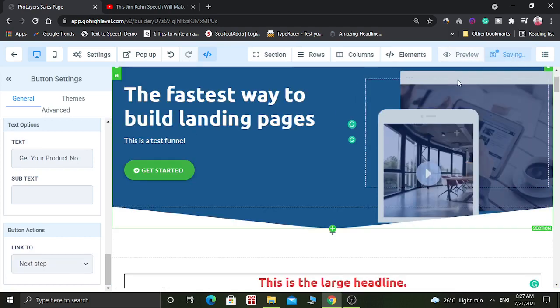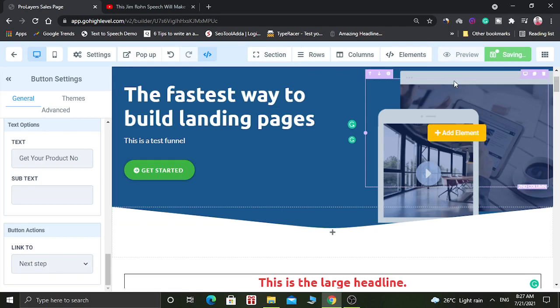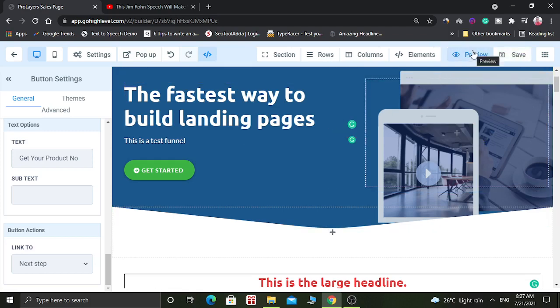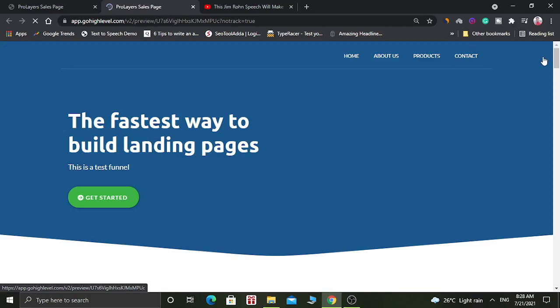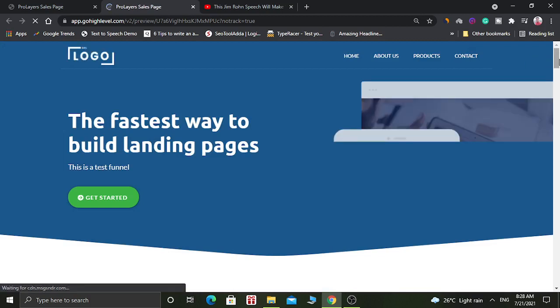And after saving, you can get a preview of it as well. So it has been saved and you can see the preview of how it looks. So this is the preview.